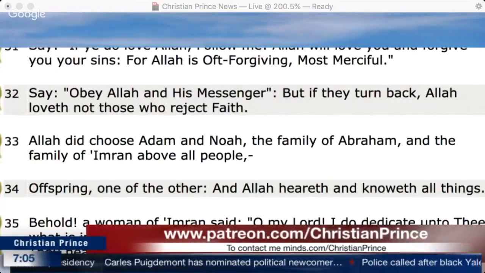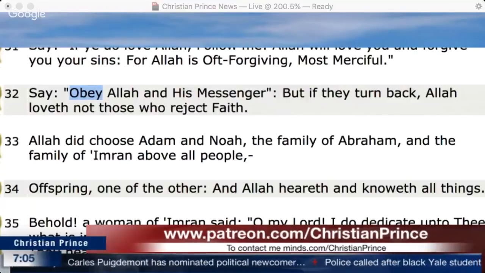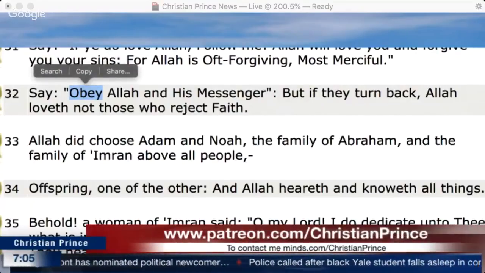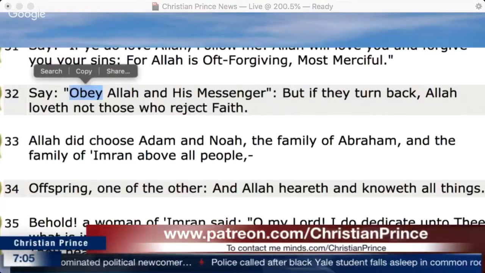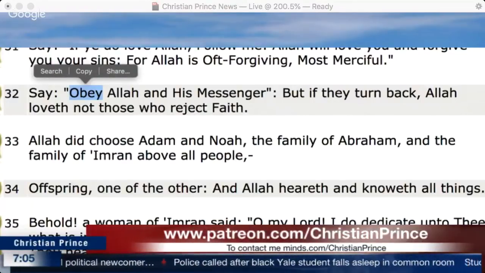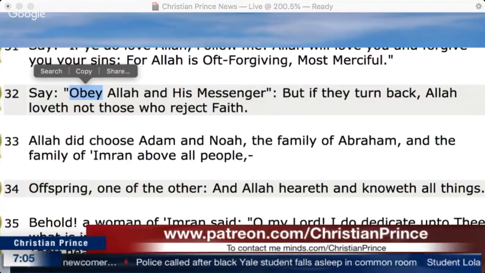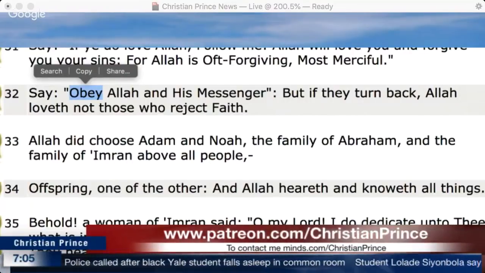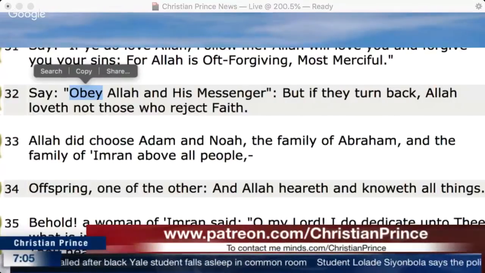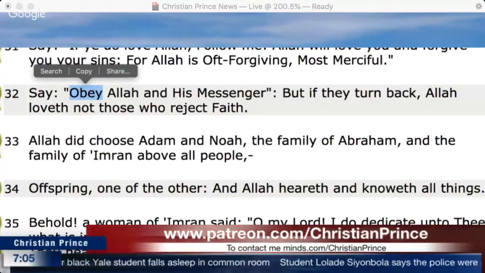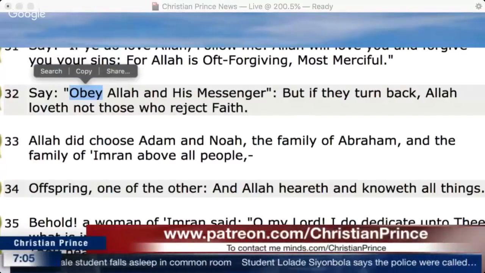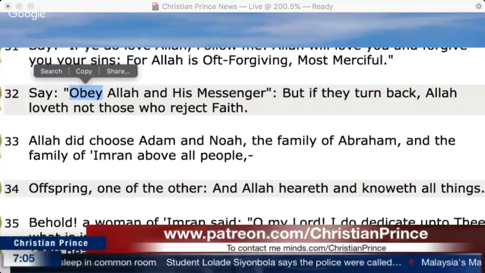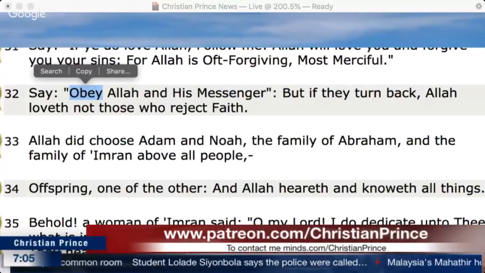You see, if I obey God, didn't I automatically obey everything I need to obey? Why do I need to say obey Allah and the messenger? Are they different in their teaching? No, they're not different. Okay, then there's no need to add. And what about adding obey Allah and obey Muhammad and obey Abraham and so on? Well, there's no point. The whole point is that all those messengers supposedly are coming in the name of Allah. So why do I need to add the name of Muhammad?